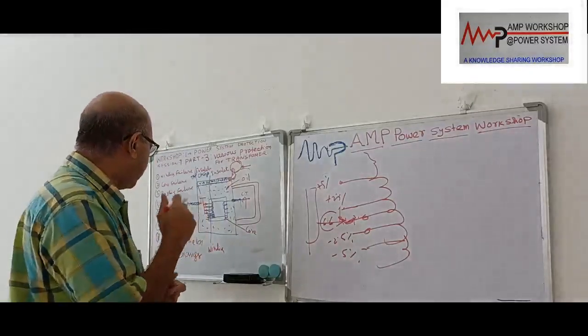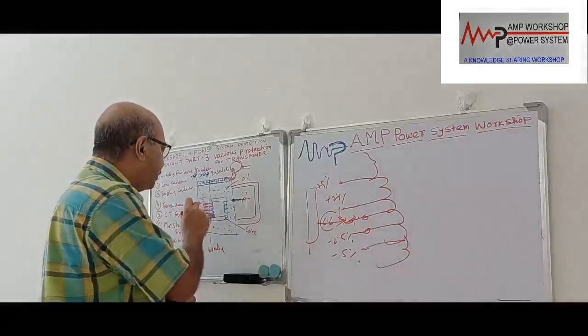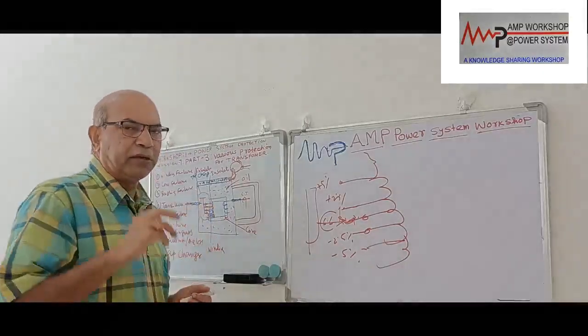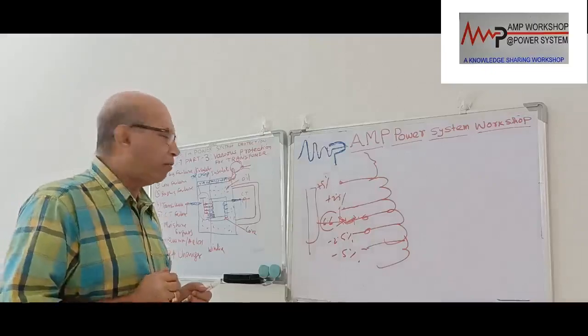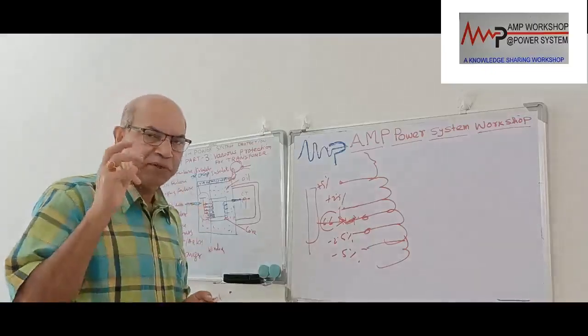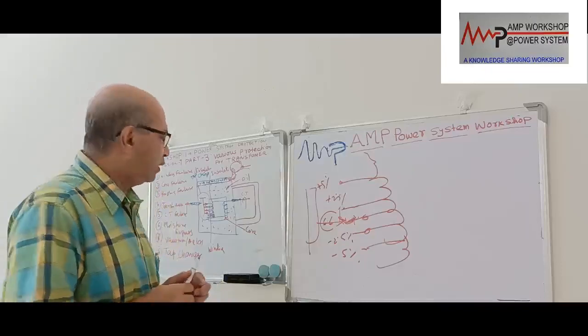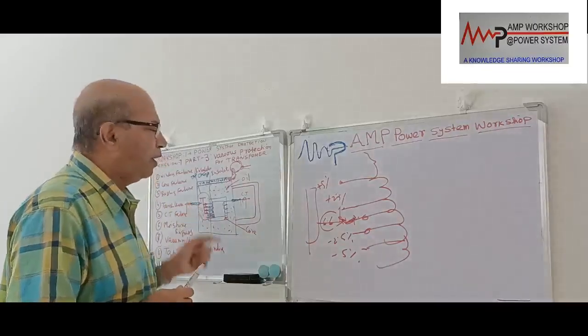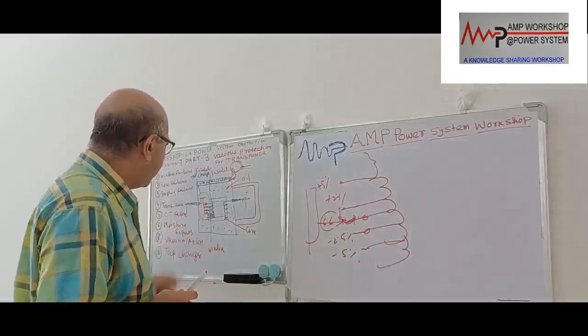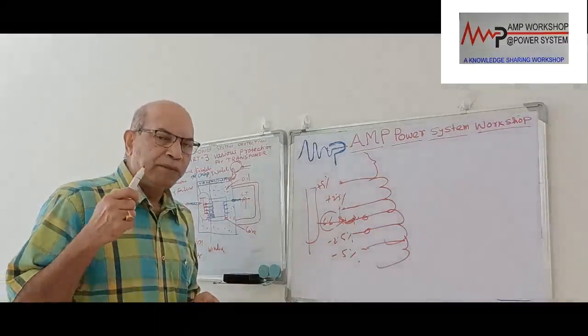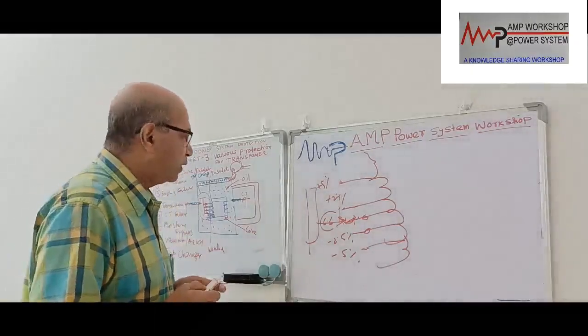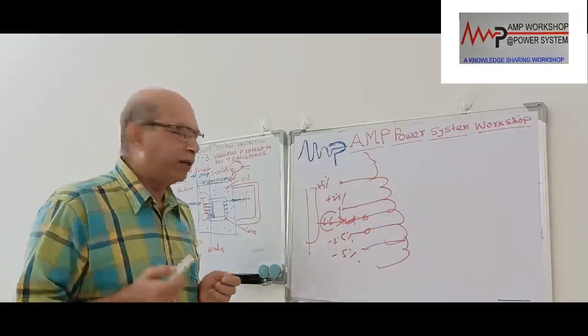Then the vacuum loss we have discussed, and the tap changer. This tap changer is a very sensitive point. There are a lot of examples where the tap changer has failed, or there is a short circuit on the tap changer during rotation of the switch. So this is another weak point in transformers. These are the various areas where transformer failure can take place. We will discuss one by one what type of failure can take place in each.